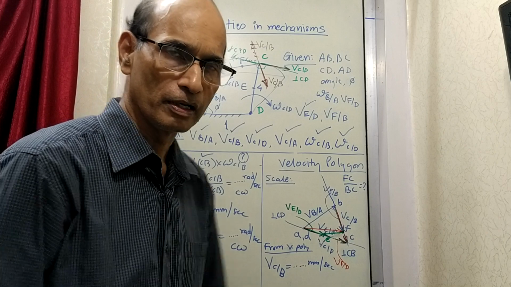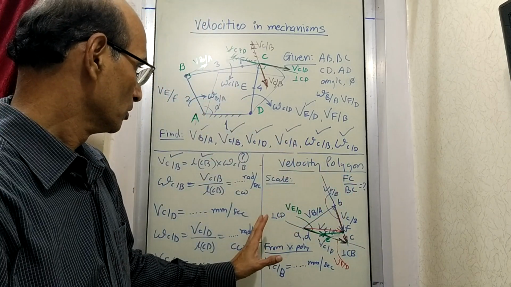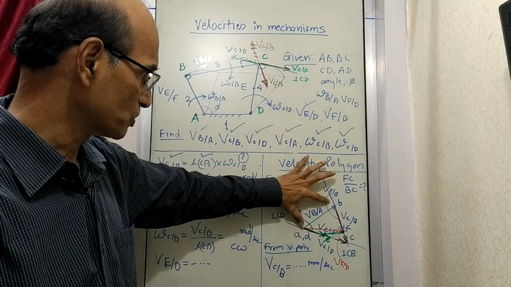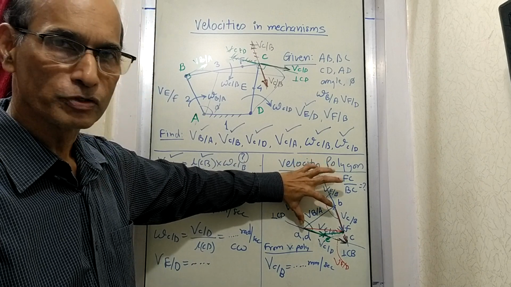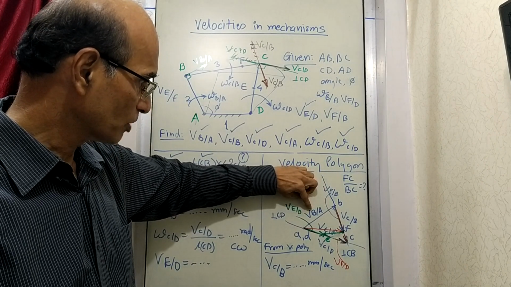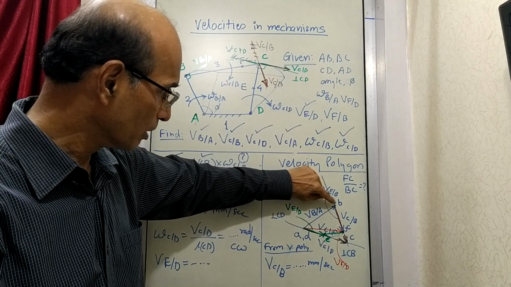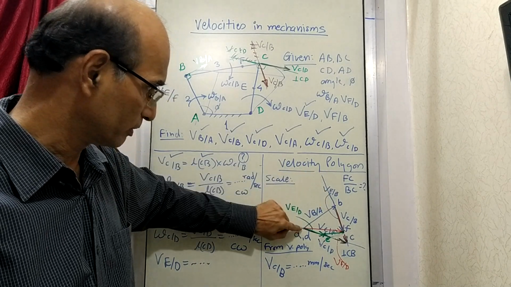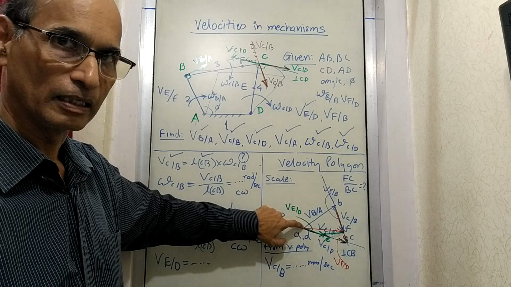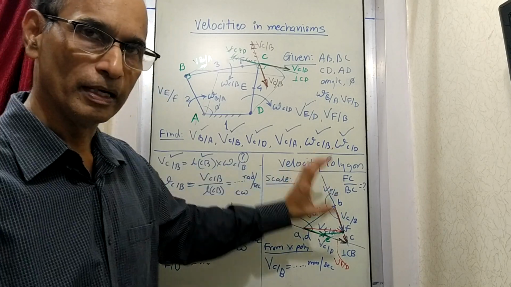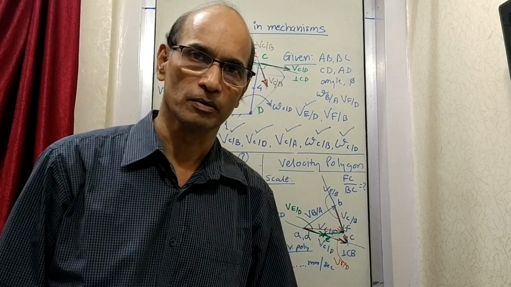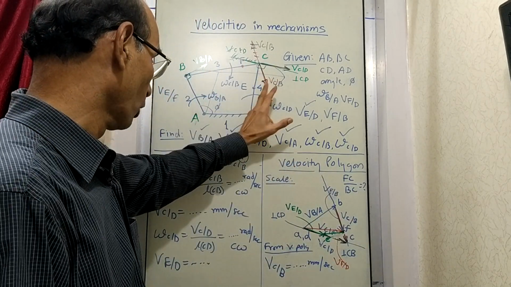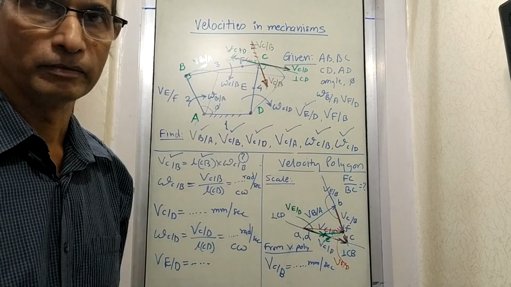So just remember the convention by a simple example of this first vector. When we started with this vector, velocity of B with respect to A, the head of the vector was at B and the tail of the vector was at A, which we discussed at the start. So if you know that convention very well, then anything is now possible. You can find out velocity of any point with respect to any point.